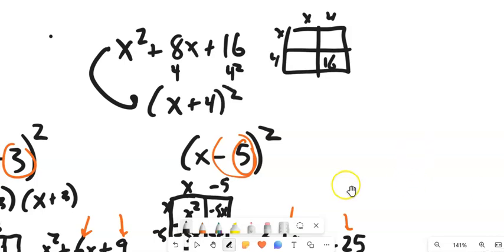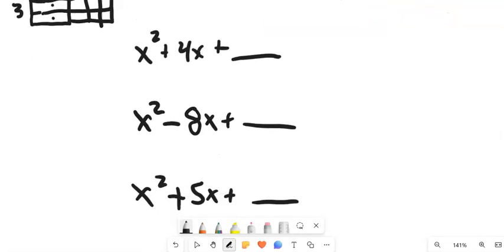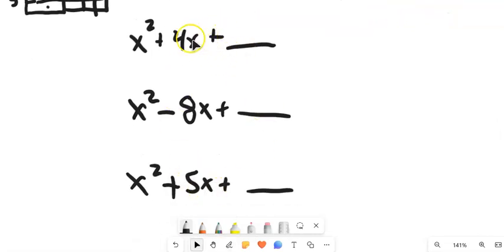So with that in mind, and again, we've practiced this a lot in class, let's complete the squares on these. Let's think about what this term would be to turn this into a perfect square. Well, I've got 4 x's I need to distribute. If I draw it,